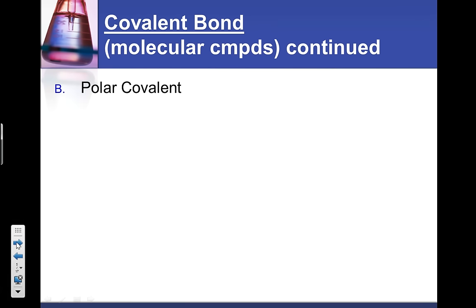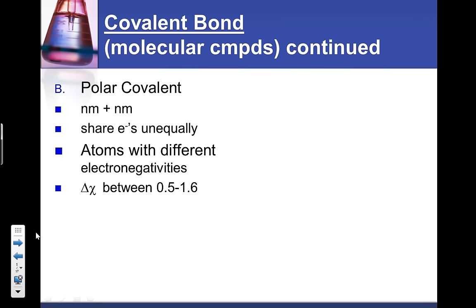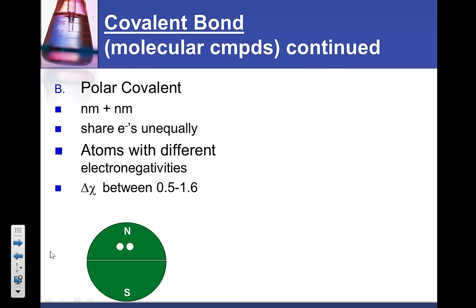Now, the second type of covalent bond is a polar covalent bond. These also happen between nonmetals, but the difference here is they share their electrons unequally. There's an uneven pairing of the electronegativities with the atoms. Their difference in electronegativities is going to be in the range of 0.5 to 1.6. That's sort of a mid-range. So going back to our example of the equator,